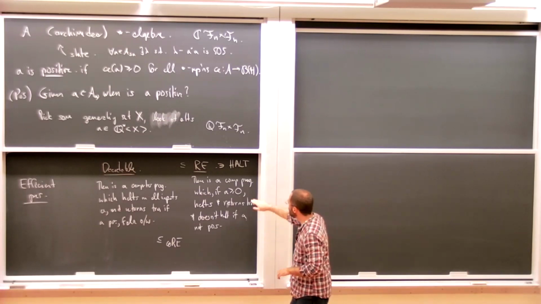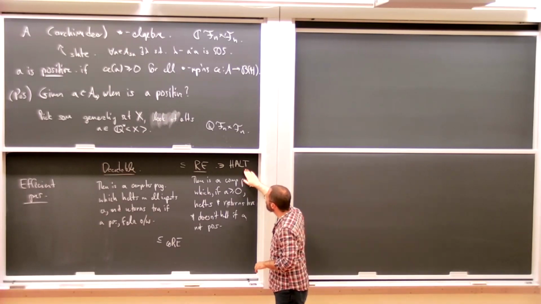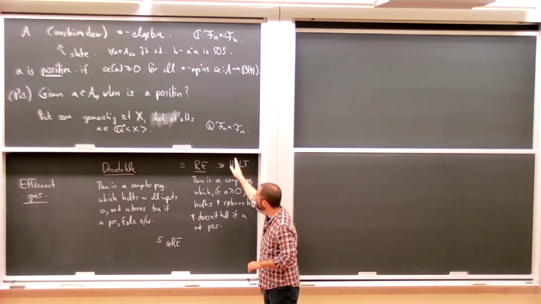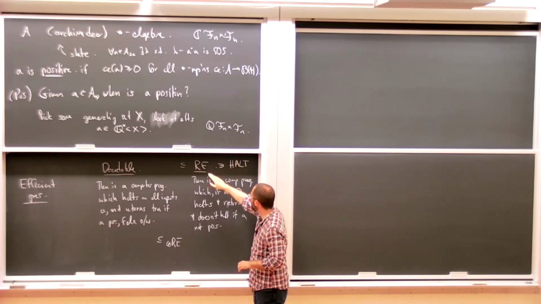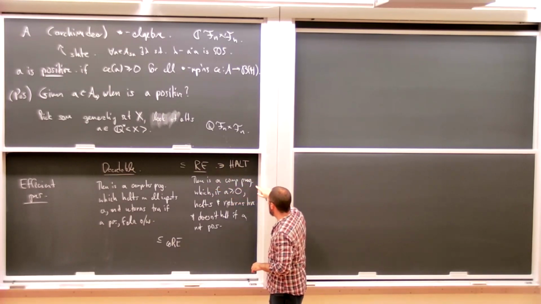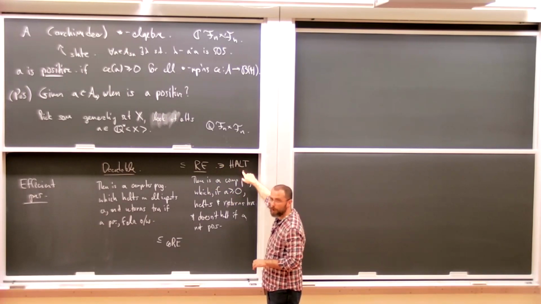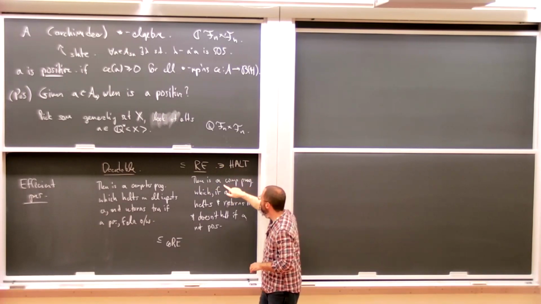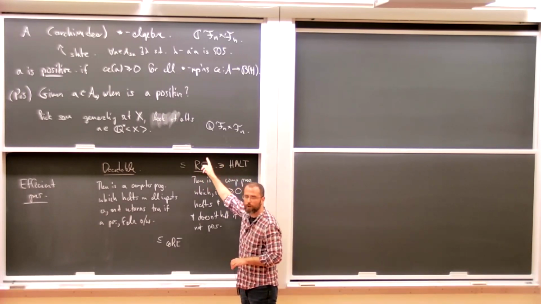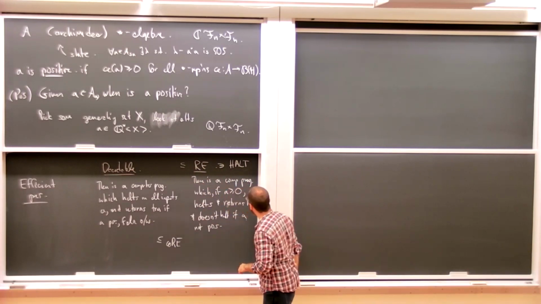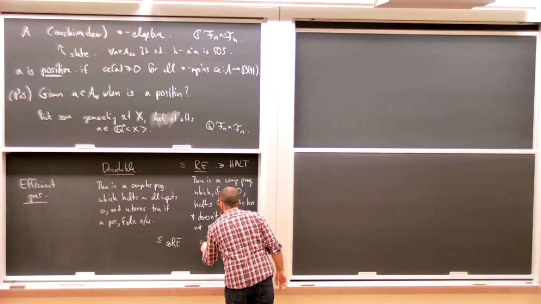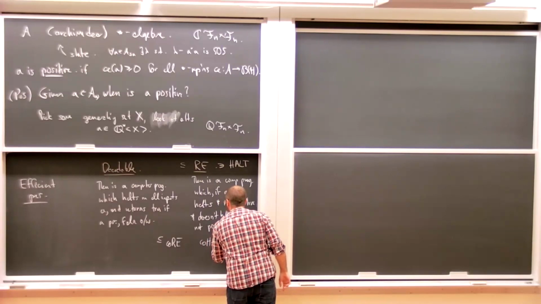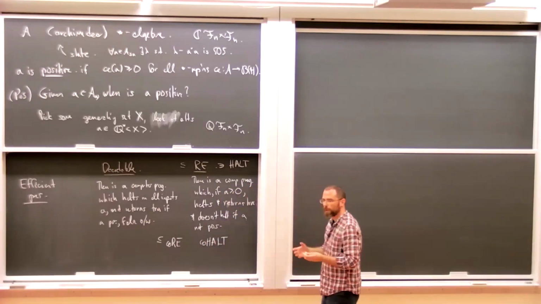And it's important to know, if you haven't seen this before, this is a complete problem for this class. So if you can show something is at least as hard as the halting problem, then you know that basically you contain this whole class of RE problems. And co-RE has also a complete problem, co-halt, the Turing machines that don't halt. These are the things where you can kind of prove the negative.